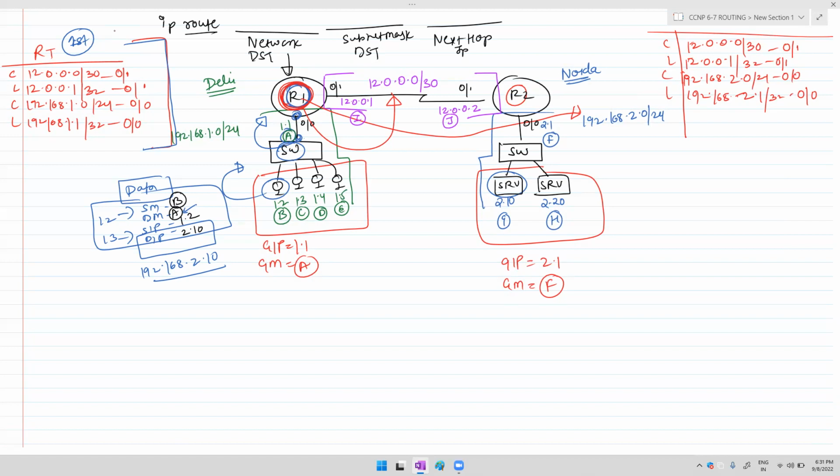Which one is indirectly connected? Faninder, Ibrahim, Abhishek, Kirti, any idea? From router 1 to which network? So basically this network is indirectly connected. So the network is